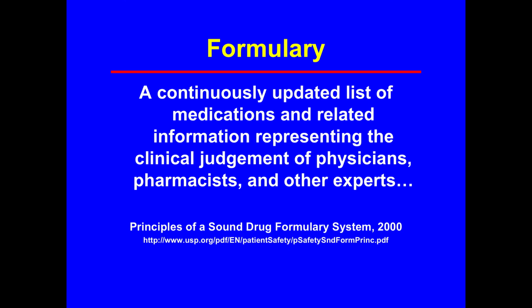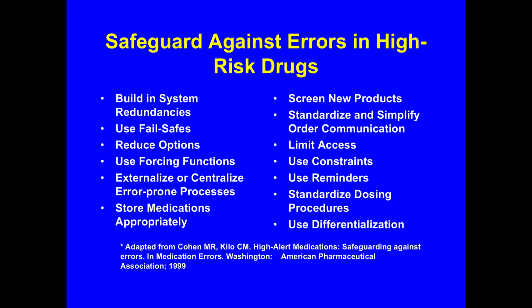And so effective use of the formulary is an important tool to implement quality medication use within whatever size organization you're talking about. So I won't go through the list, but I wanted to share with you a long-standing list that's called the Safeguards Against Errors on High-Risk Meds. And while not all of these items apply to every situation, one of the things that is important is that